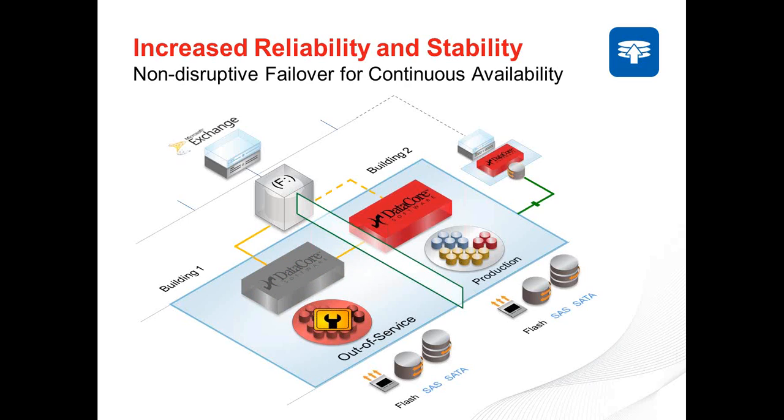In this specific scenario, the application servers are going to sense that they cannot reach the disk through the preferred path, and they're going to automatically redirect the applications to the alternate path without any type of disruption. That request will be received by the redundant node using the mirror copy. When the service is completed on the left node in Building 1, any changes that occurred while it was down are sent over by the node in Building 2. After both nodes are back in sync, the application servers return to their preferred paths. That same procedure is repeated on the other side if necessary, never interrupting your users or your business.